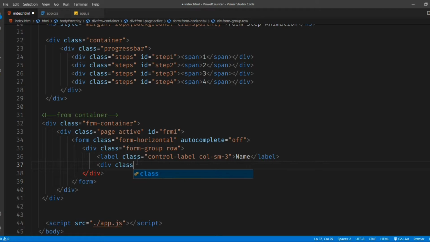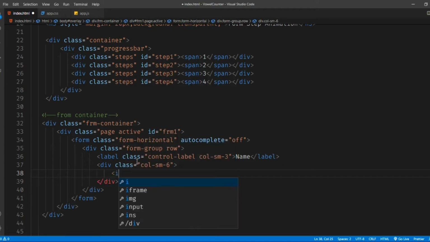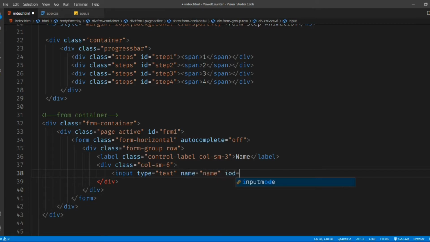Now another thing is div class column-sm-6, input type equals to text, name equals to name, id. Sorry guys, I'll not be using any id as I'm not doing any input form validation, so I'm just using class of form control.